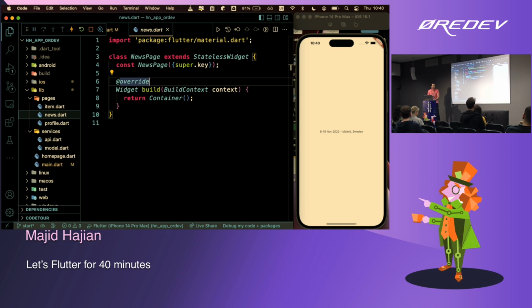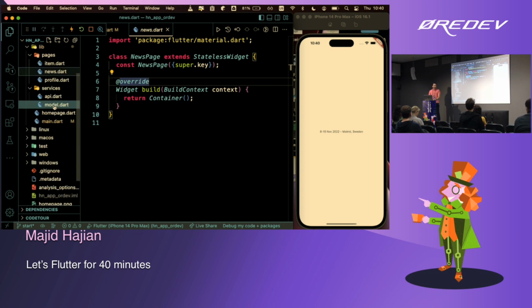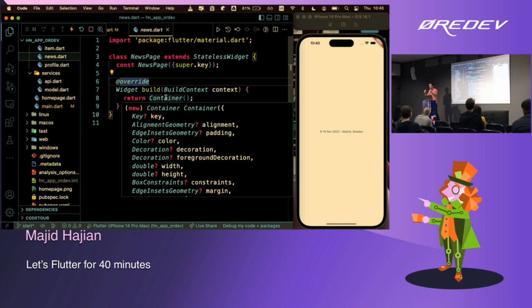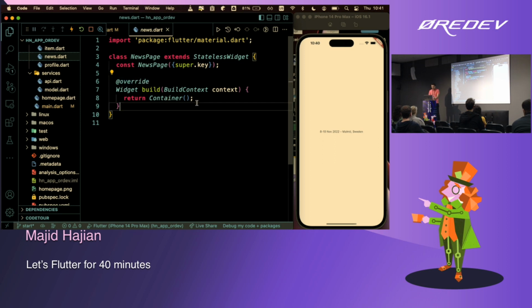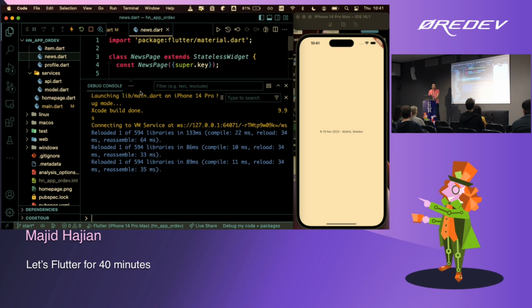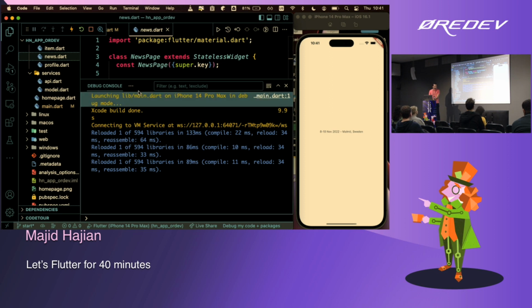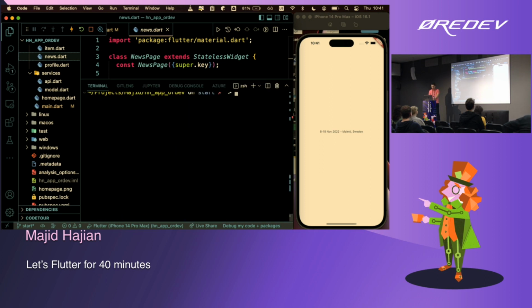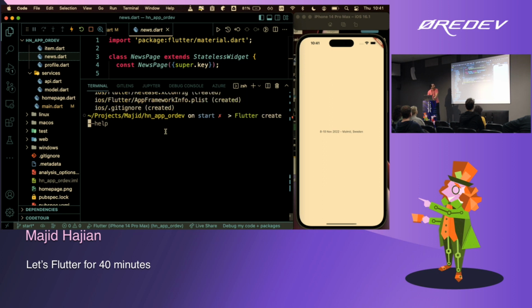Once you've done that, if I find my mouse, here it is, then you can create a project. Flutter comes with a CLI that helps you build a lot of things. Here is pretty big. Here is my command. I already have done that. So flutter create, is it not visible? There you go.